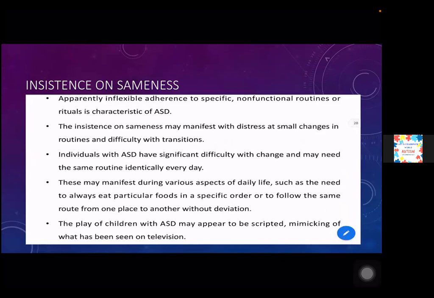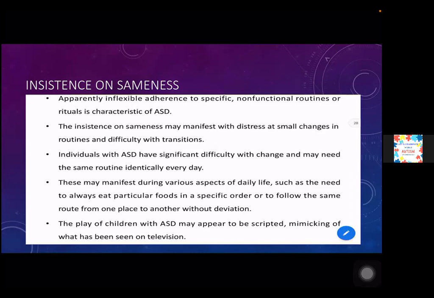Insistence on sameness. Apparently inflexible adherence to specific non-functional routines or rituals is a characteristic of autism spectrum disorder. The insistence on sameness may manifest with distress at small changes in routines and difficulty with transitions. Kids with autism do not like change. If you try to bring a change in their behavior, there would be tantrums, and they would resist the change. Individuals with ASD have significant difficulty with change and may need the same routine identically